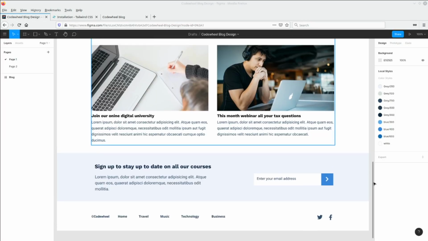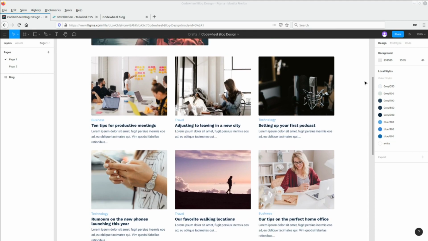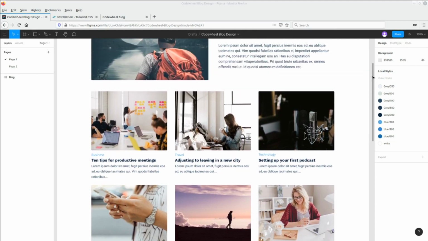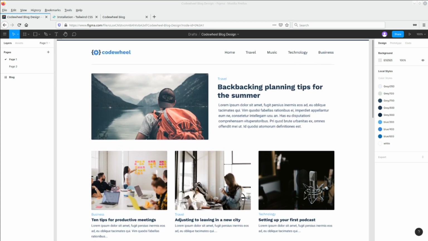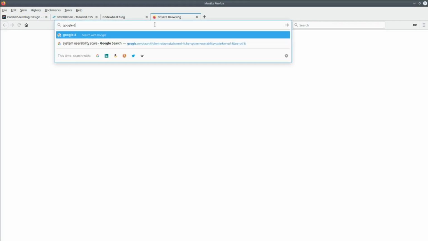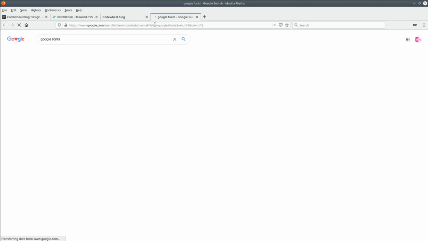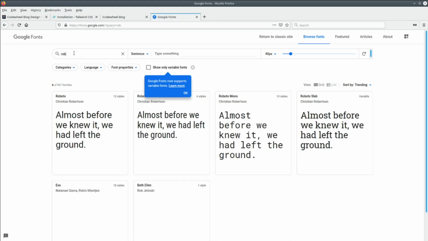So when I built this design earlier, there were two fonts that I used. It was Work Sans and Roboto, both of which are fonts in Google Fonts. So let's add these now to the design. So if I go to Google Fonts, okay, so let's add on Roboto first. Roboto,